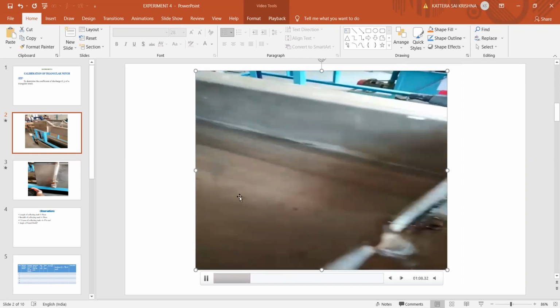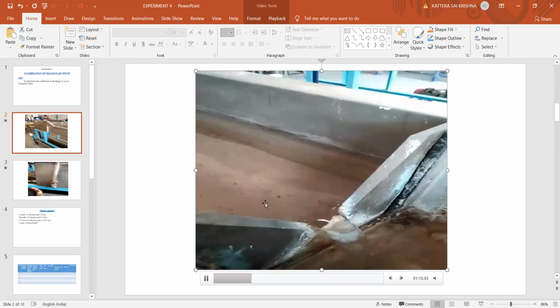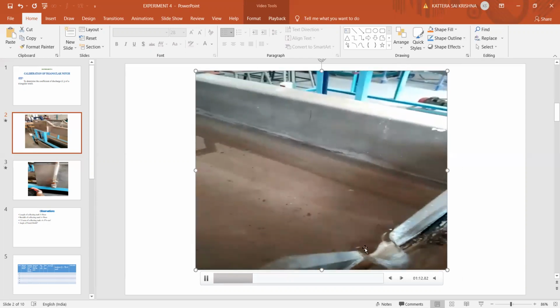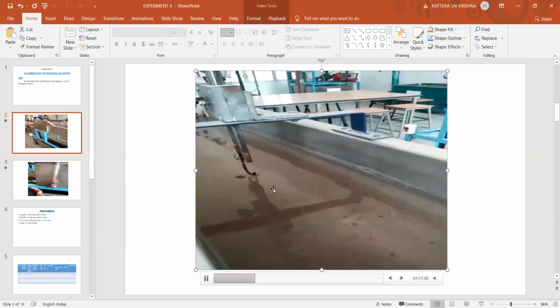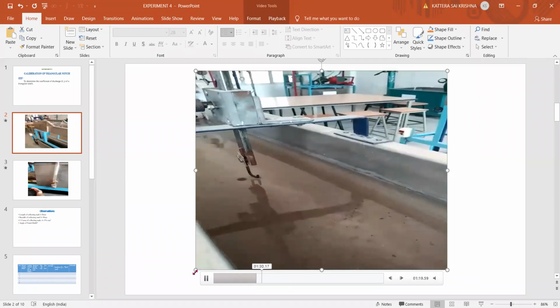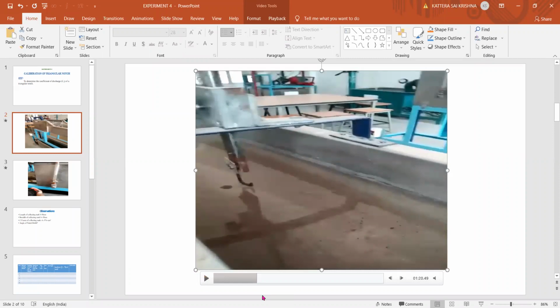And now what we need to do is take the value of that H, the water above the sill level. So this pointer will give the reading of the H value, first the initial value of the sill level. Before the water just starts to flow over this notch, we need to note down the scale reading by making this pointer just touch the top layer of water. It should not be immersed. It should just touch like a feather touch. It should be just touching the top layer of the water before the water starts flowing over the notch, right? So that will be our first reading in our table.